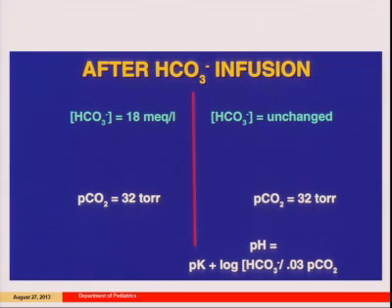Bicarbonate goes up in the serum, but it has to be transported via active transport into the brain across the blood-brain barrier. So you've still got a bicarb here of 10, where you've got a bicarb here of 18. So essentially what you've done in the CNS is you've raised the PCO2 because that diffuses in immediately. So you've increased the denominator, you've kept the numerator the same, and pH is equal to the pK plus the log of this. So what happens is your acidosis gets worse.